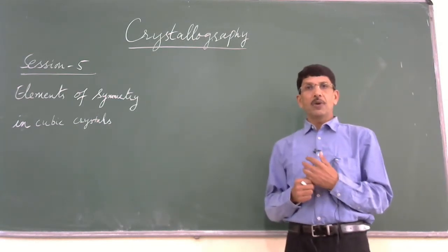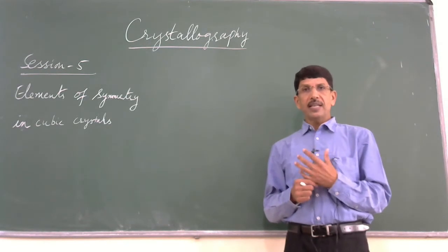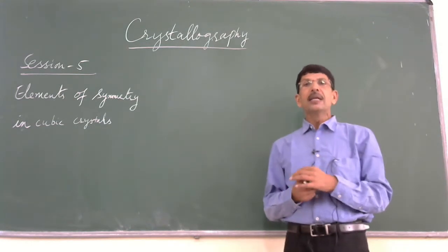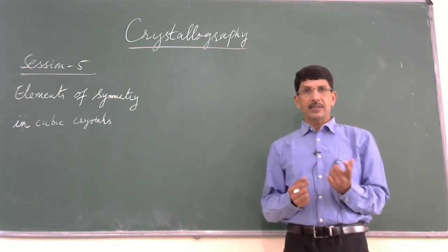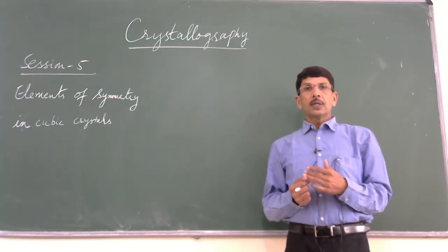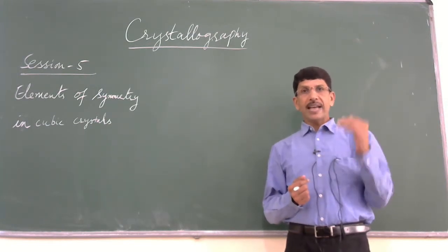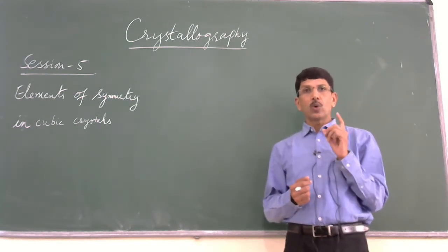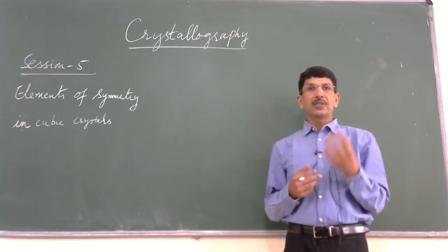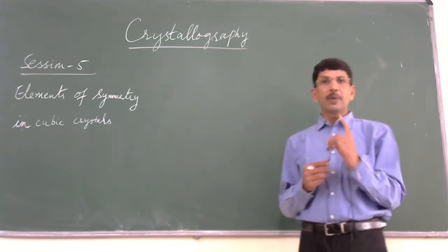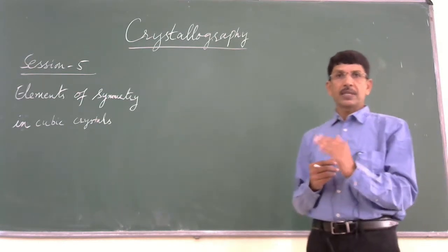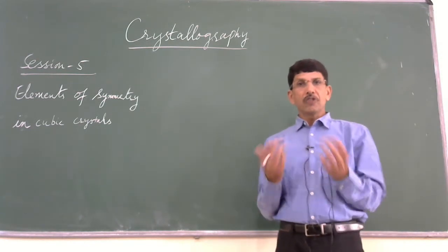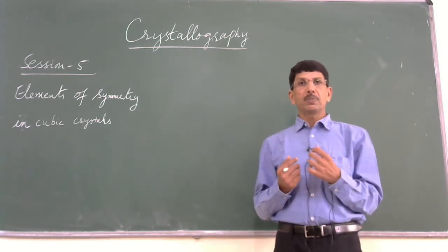Then we also defined center of symmetry. So center of symmetry is nothing but a point from which a line is drawn and extended on both the sides meets the faces at equal distances. And unlike plane of symmetry and axial symmetry, which can be more than one in a given crystal, center of symmetry is always only one. So we cannot have two or three centers of symmetry. One should remember that with respect to center of symmetry, there will always be only one center, unlike the plane and axis, where the plane of symmetry and axial symmetry may be more than one.